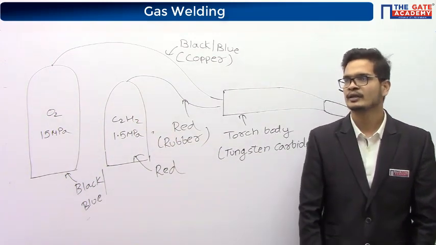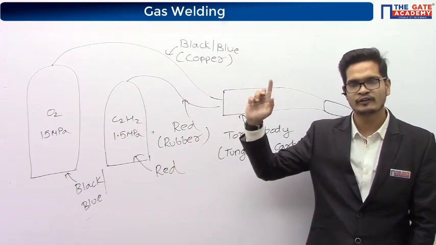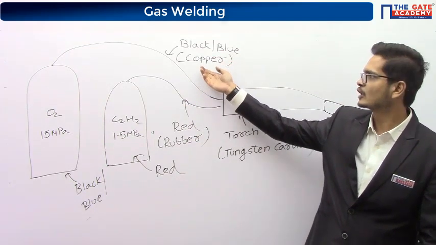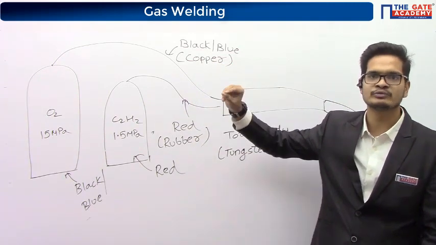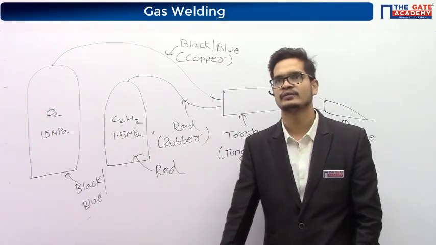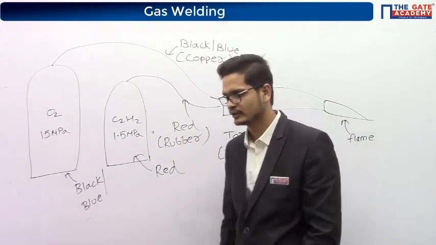Okay. Copper pipes will have good strength. And along with that, copper is flexible in nature. We can obtain flexible pipes by using copper. That's why we are using copper. Flexibility means the pipe can be folded.